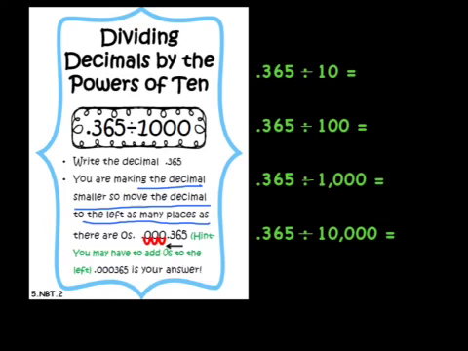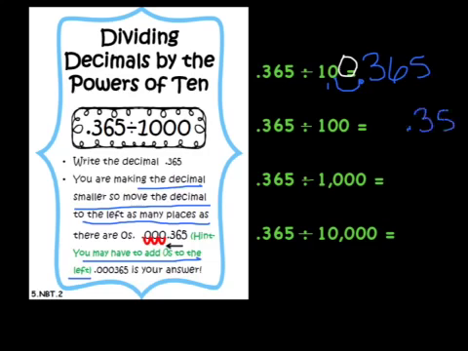All right, 365 thousandths divided by 10. We have 1 zero in the 10, so we're going to move our decimal one place to the left and add a 0. See where it says down here, you may have to add zeros to the left if you need to. So let's try